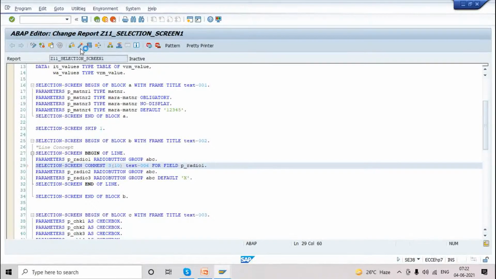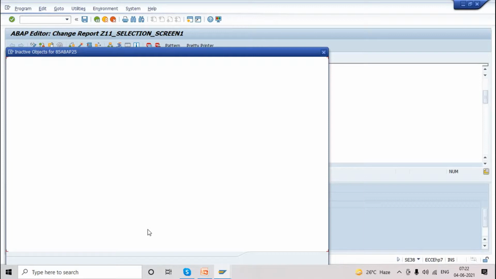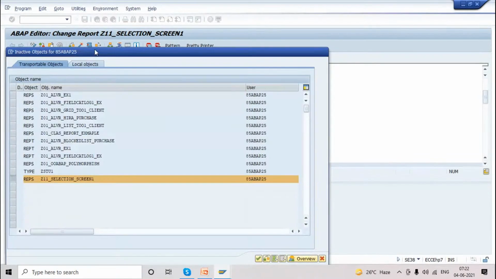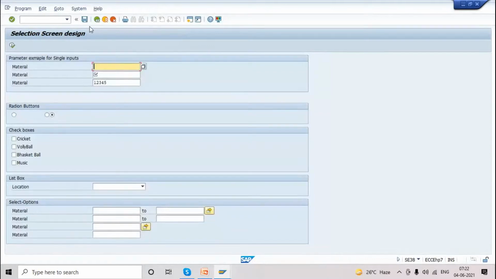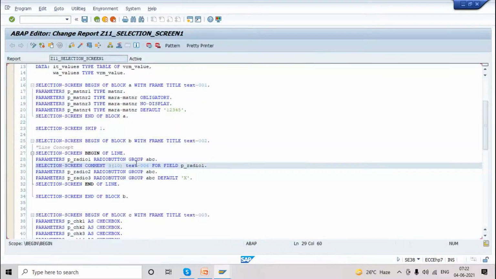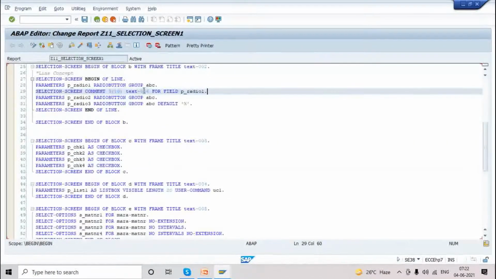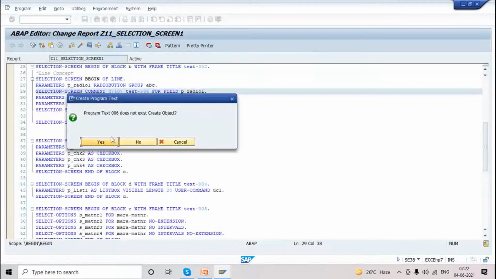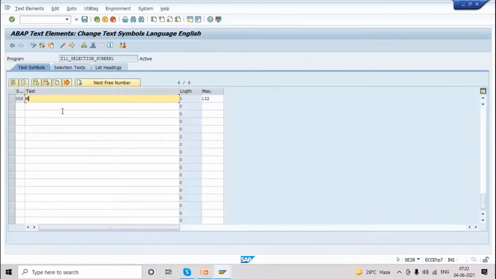Check. Activate. See, there is a space, but we have to create the text. We provided the text 006, but we didn't create any text. Double click on this. Here I'm giving male.